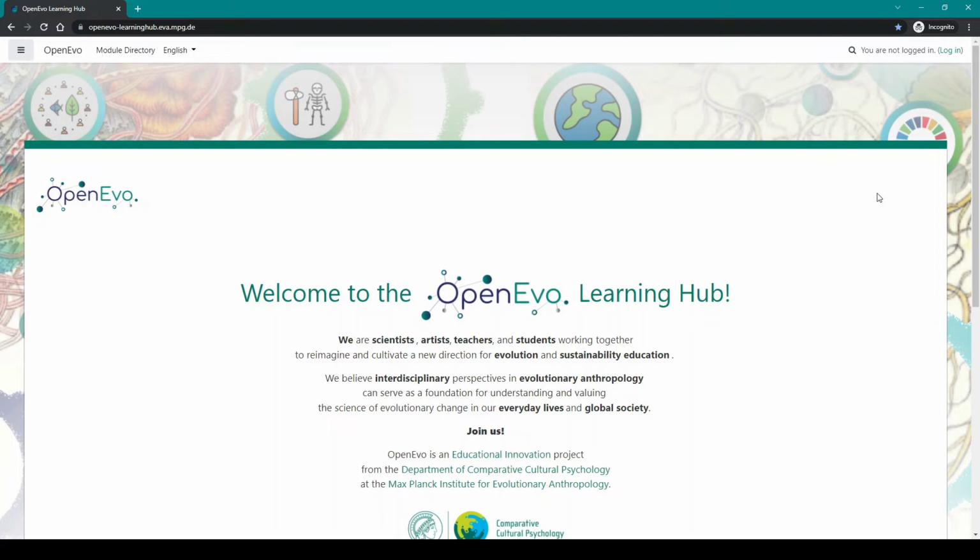And now finally also just a quick overview about the Moodle Learning Hub. So this is kind of what you see when you're not logged in. Anybody can create an account, but currently we're not spreading it very far because we don't really have any modules yet that we want to share openly with anybody. Currently we're thinking about these 3 languages, German, English, and French, to develop everything around.